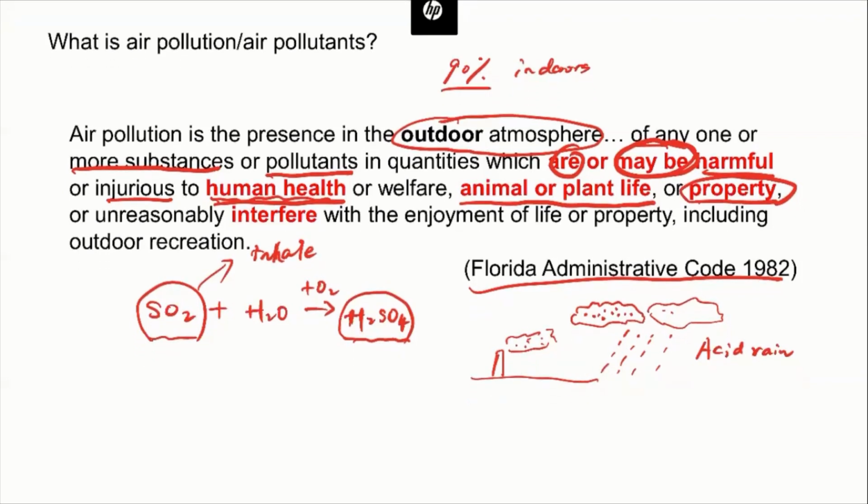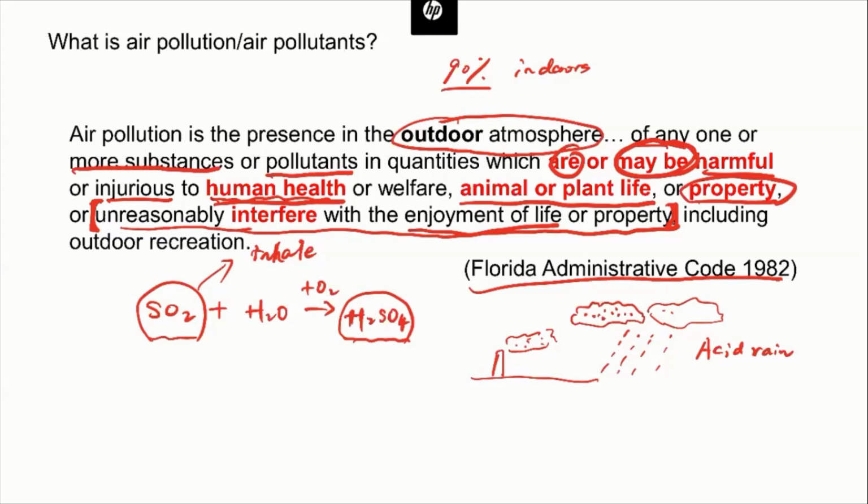So I think the final one, this one is basically helping broaden the air pollutant to a much wider substance. So if that substance can unreasonably interfere with the enjoyment of life or property, okay? So not only harmful to our health, but if it interferes with the enjoyment of life, it's also an air pollutant. Okay? So you can see that based on this kind of definition, there are just so many types of air